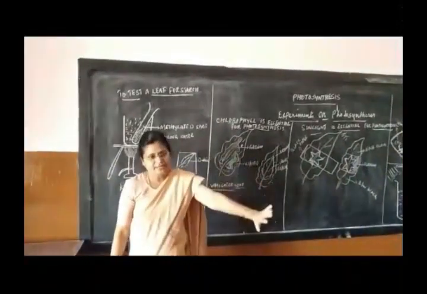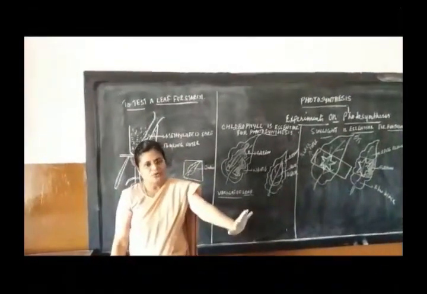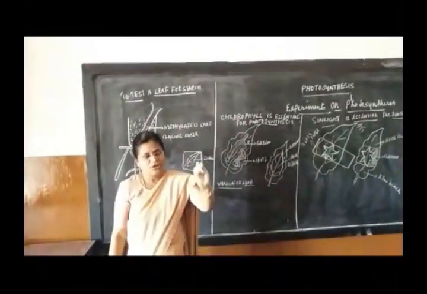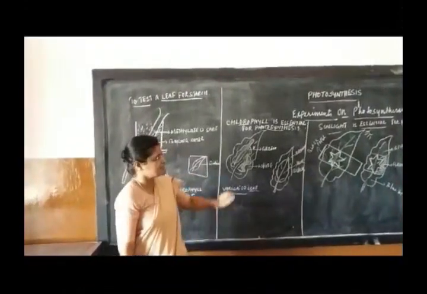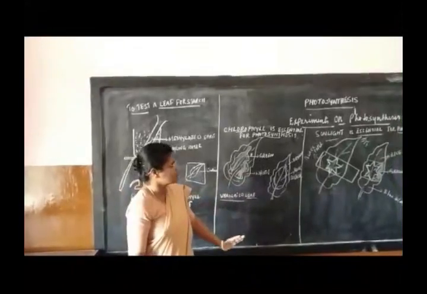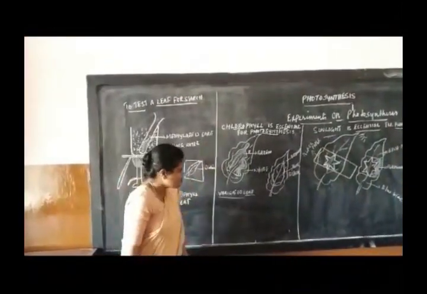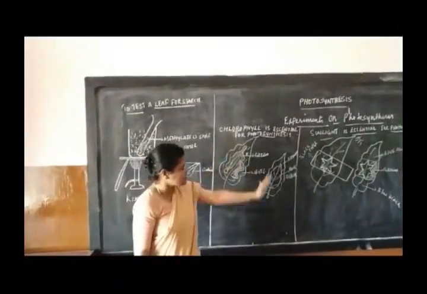The first is destarching. It's not an experiment; you are just keeping the plant to destarch. We have to destarch to prove that the starch is synthesized only during the experiment. Then we perform various experiments on photosynthesis. We have mainly 4 types of experiments. Number 1, chlorophyll is essential. Number 2, sunlight is essential.